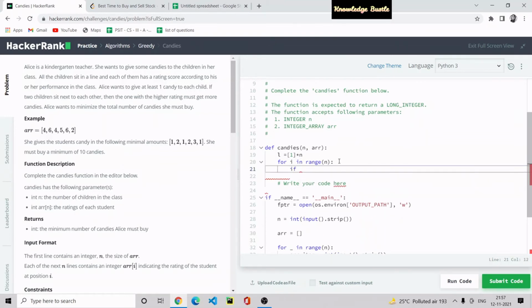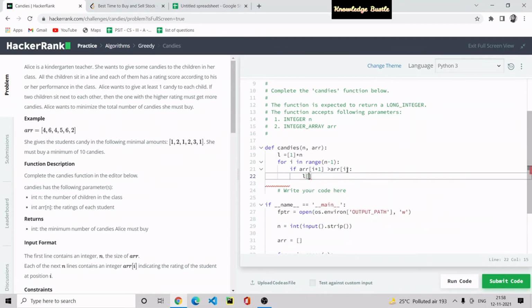We have to iterate only to n minus 1, because we have to check this condition: if ARR of i plus 1, like 6, is greater than ARR of i, which is 4. Since 6 is greater than 4, if it is greater,